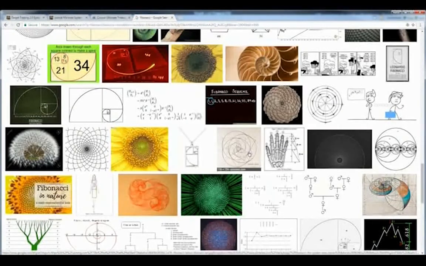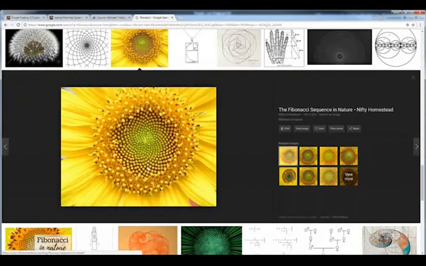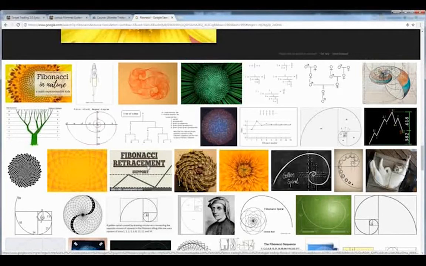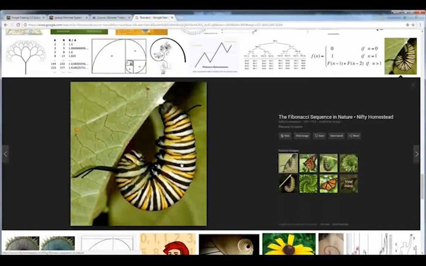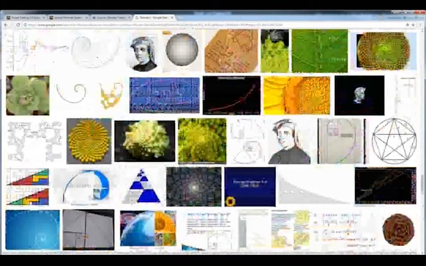But just for some basic understanding, Leonardo Fibonacci was a 13th century mathematician. What he discovered is that the world of nature tends to have this rhythmic cycle and pattern built into it. He found that animals would reproduce in a mathematical sequence of numbers, that plants would grow in the same sequence, that if you looked at the petals on the sunflower, they're in a sequence, a mathematical pattern. If you looked at the stripes right here on this caterpillar, they're in a sequence and a pattern that repeat themselves based on mathematics over and over and over again.